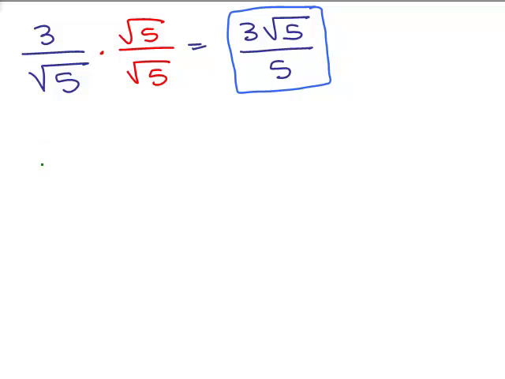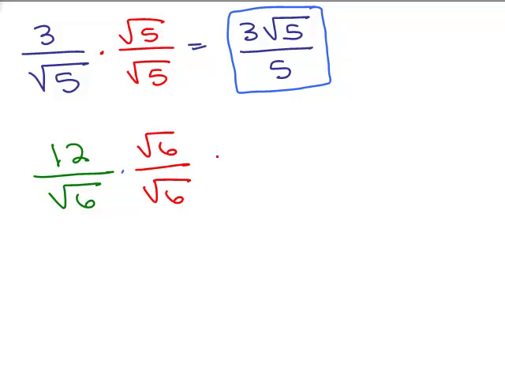Let's look at another problem. How about 12 over the square root of 6? Okay, so again, I've got a square root in the denominator, so I need to multiply the numerator and denominator by square root of 6. So I have 12 square roots of 6 over. Now, square root of 6 times square root of 6 is just 6. On the outside of the square root, I've got a 12 in the numerator and a 6. These can be canceled, so that my final answer is 2